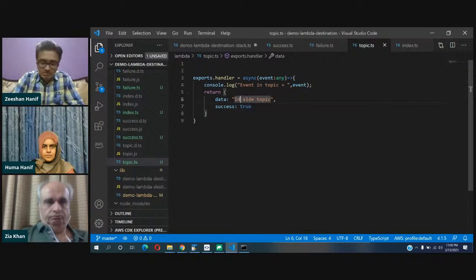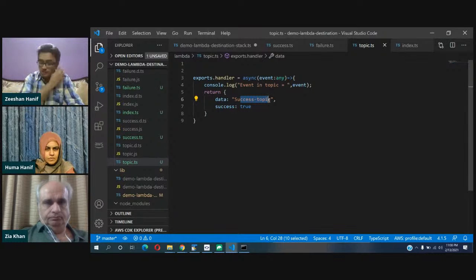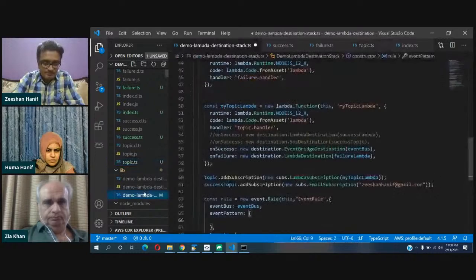So let me change it so that we can specify, we are inside the topic, success dash topic. So we have a data property, and in that data property we have success topic. Now here,